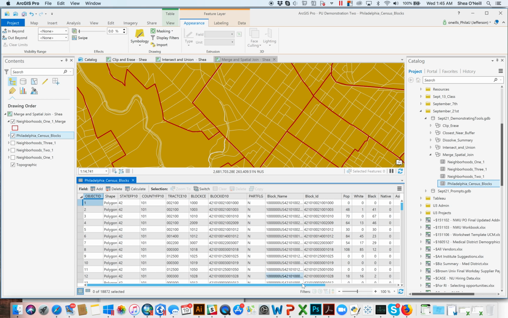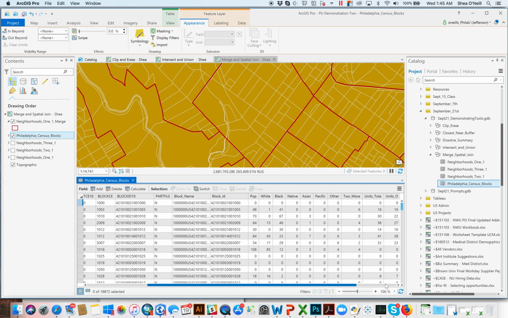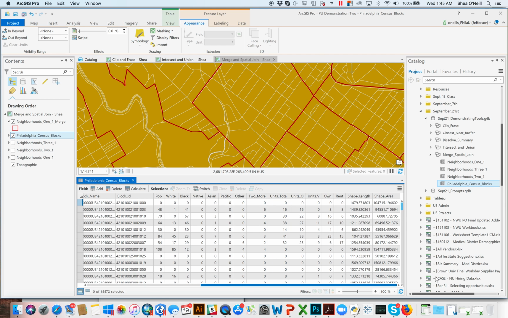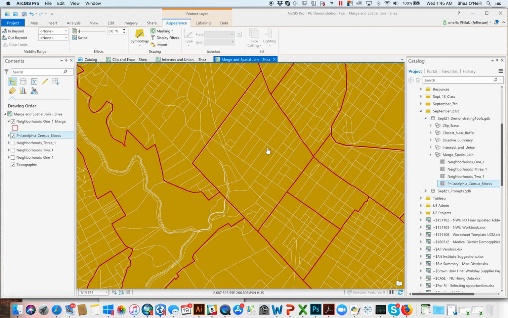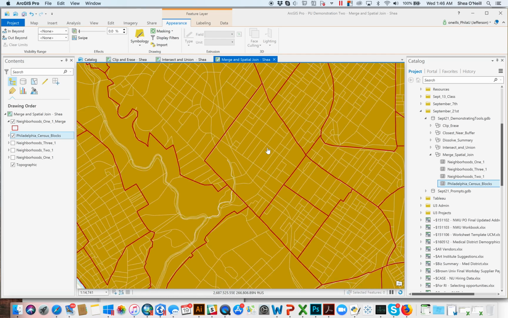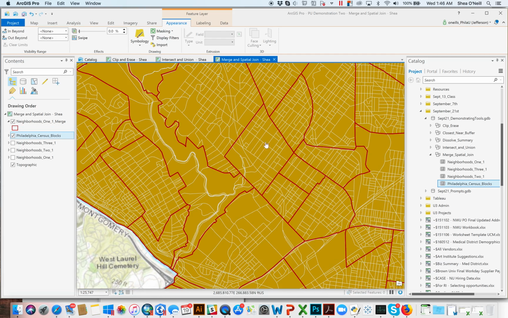They can tell me the number of people in each of them, the number that are Black, White, Native American, Asian. All of this kind of data that I prepared for class exists within each one of those. This could be so many other things. Perhaps you didn't have polygon data, perhaps you had points, and those points were home sale locations, or measurements of pollution, or Yelp rating reviews for certain businesses. But the point is that you have pieces of data, census blocks in this instance, that exist within another larger